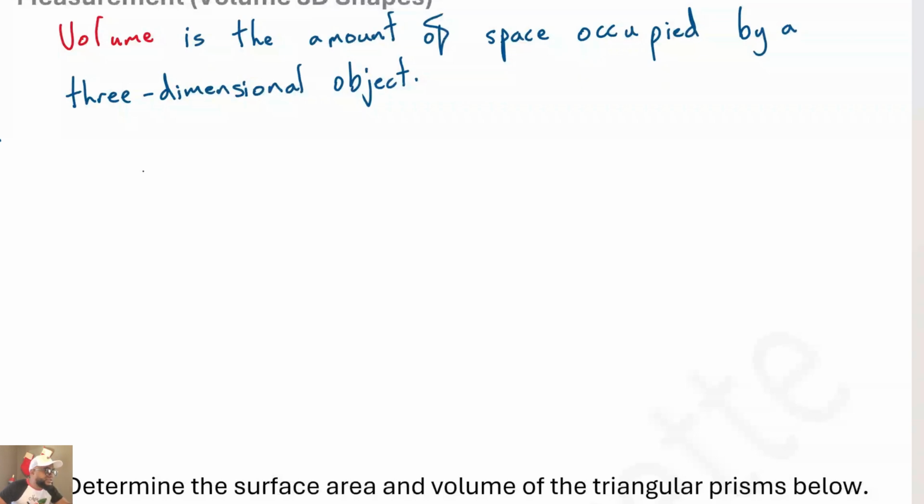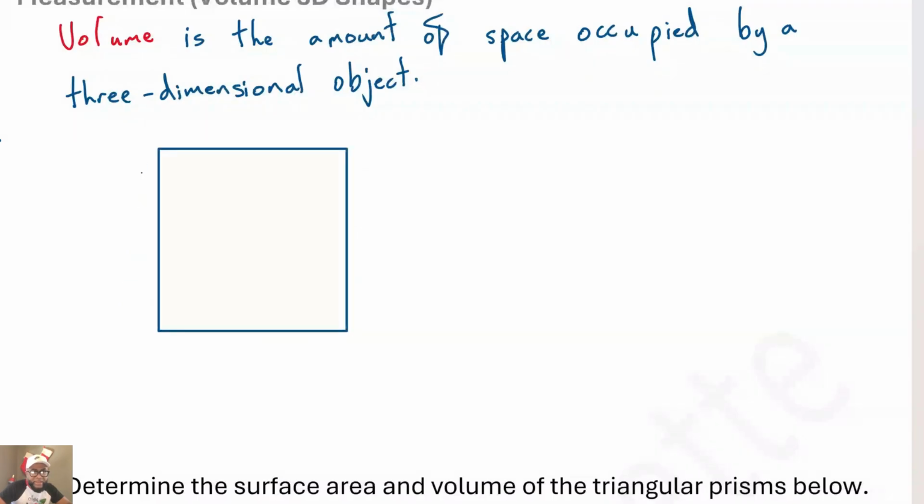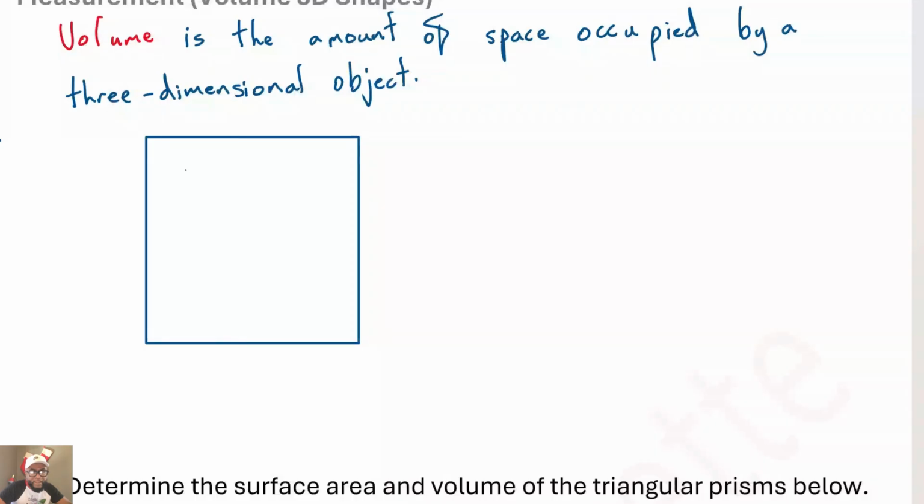And I always like to refer to one of those baby toys. I don't know if you all know the baby toys. We give babies a toy where they have a grid like this, and on the grid, they'll have a triangle. They would have a square. They would have like a